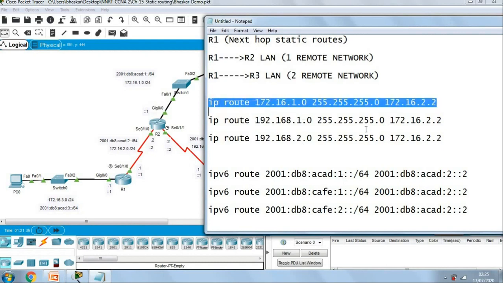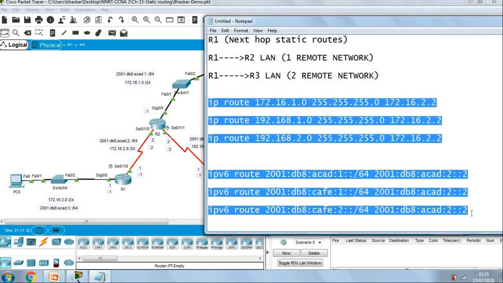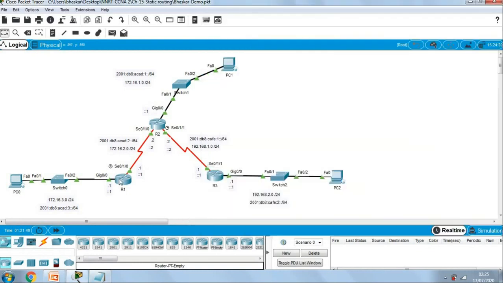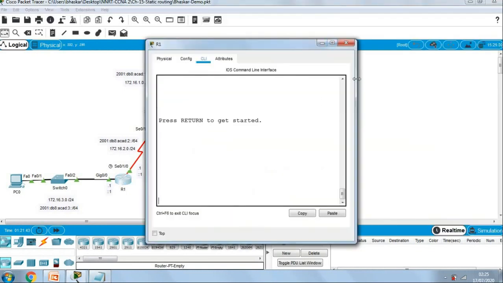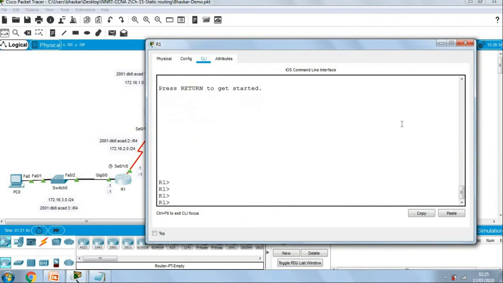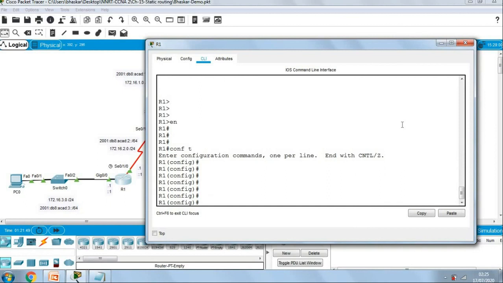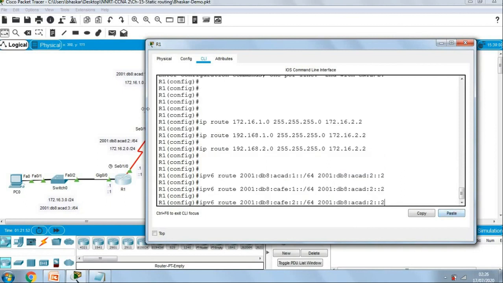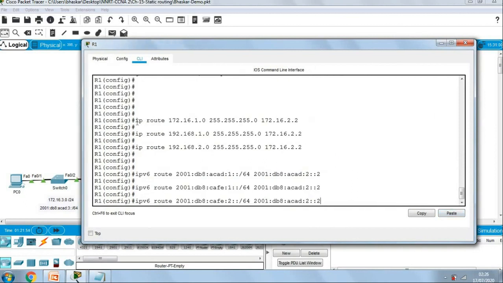Okay. So now I'm going to configure everything inside the router number R1. Okay. So now I'm going to router number R1. Enable config. I'm going to paste all these static routes. See here, everything is perfect. Okay. So IP route for this first one, is the second one, is the third one. For IPv6 also is the first one, and this is the second one, is the third one. Okay. So in all cases we have used the next hop